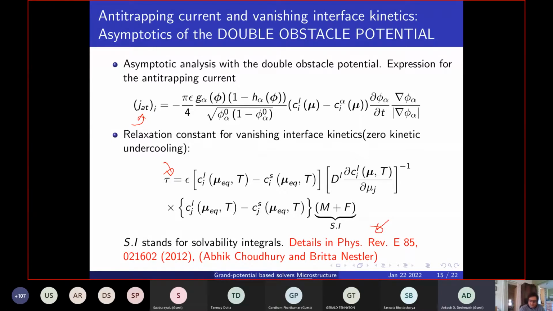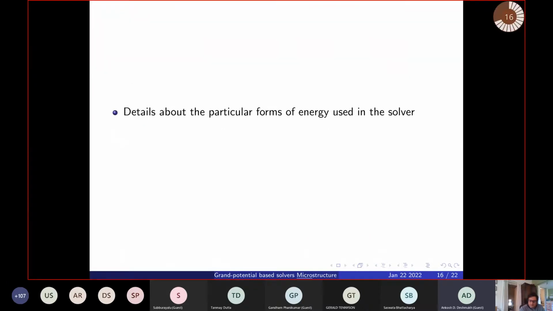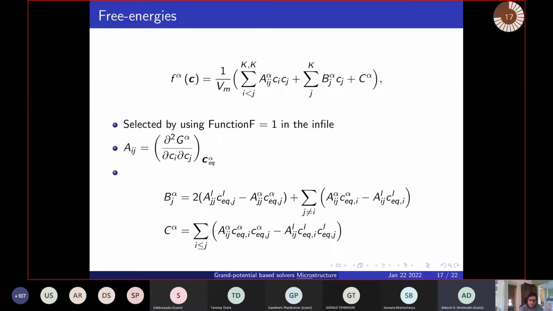Good. So that's all the description I wanted to give in terms of the model description. What I will now do briefly, in three to four slides, is give you a brief description of the particular forms of energy that we are using, and then go to the demo of the solver. Okay. So the free energies are chosen in the solver using a key in the solver,